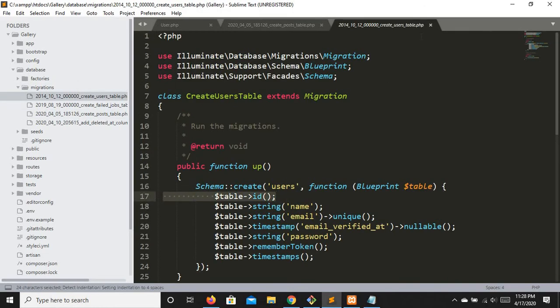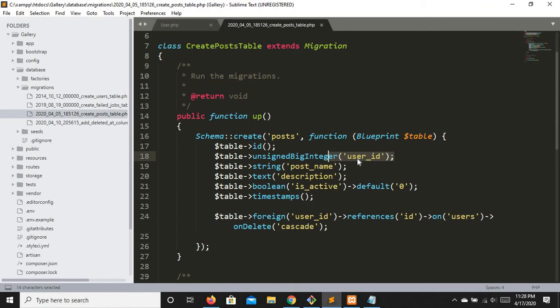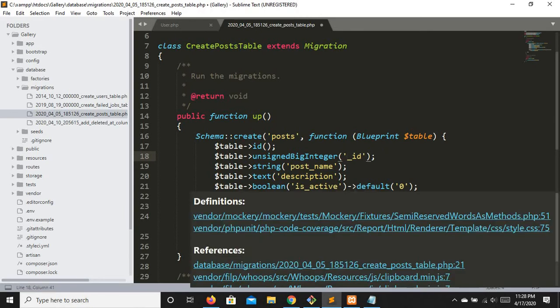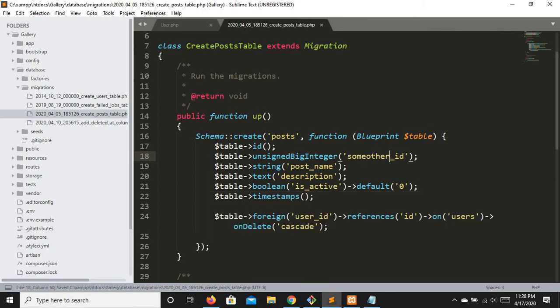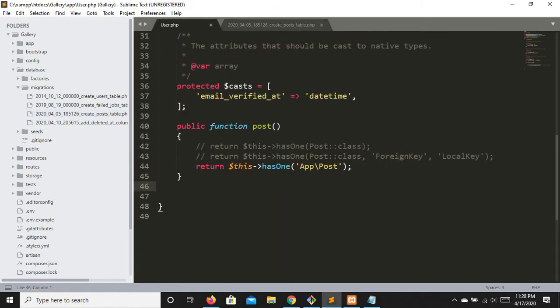Okay guys, now, if you are not using Laravel convention, for example, you are not passing user_id as the foreign key and you are saying some other underscore id. Now, in this case, what you need to do is just copy it from right here and paste it right here. Okay, and also you are going to define it right here in the foreign key that I am using this as a foreign key. Okay, so in this case Laravel will override its default setting and will make this a foreign key.